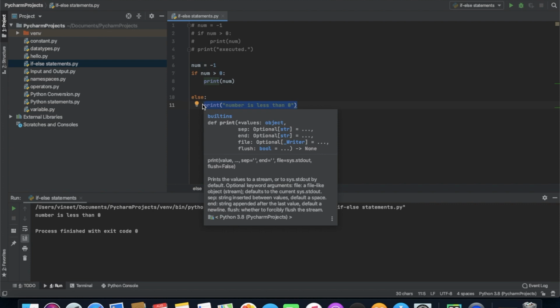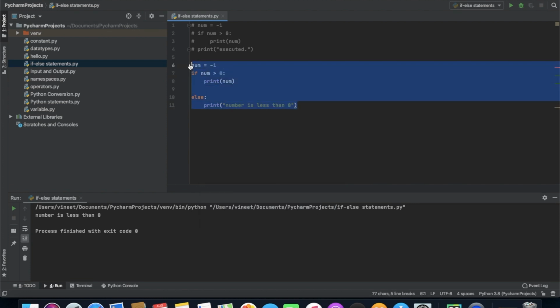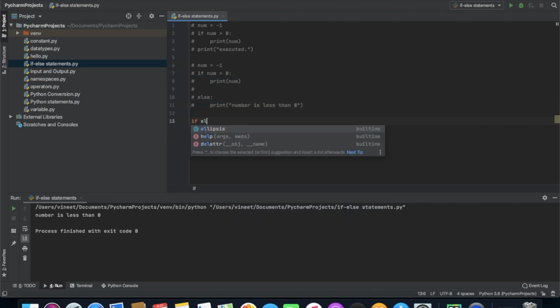Python if elif else statement. If you have come from a previous programming background, you know that there are if, else if and else statements. But in Python, like I'm just going to show you, there will be if, and there will be else in the last. There is no else if. There will be elif in Python 3.